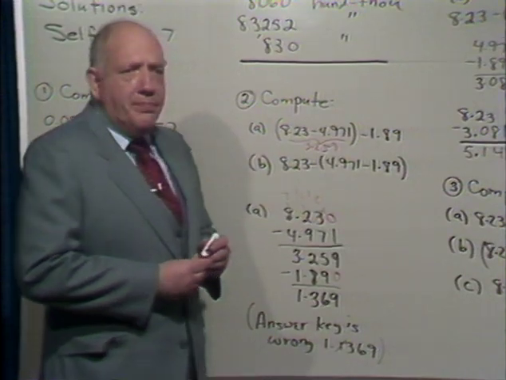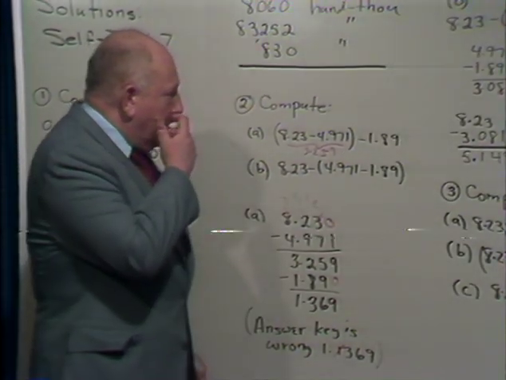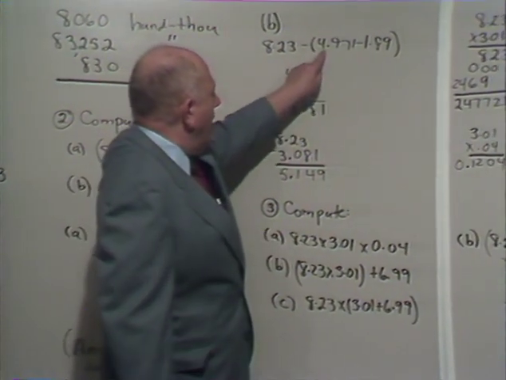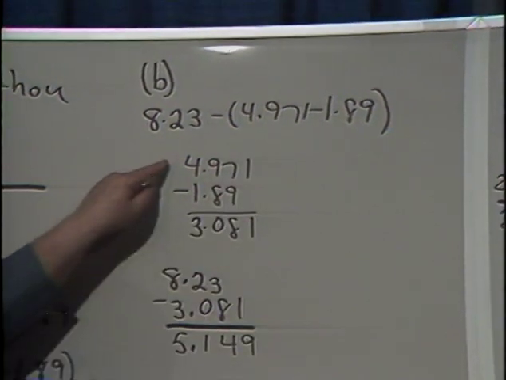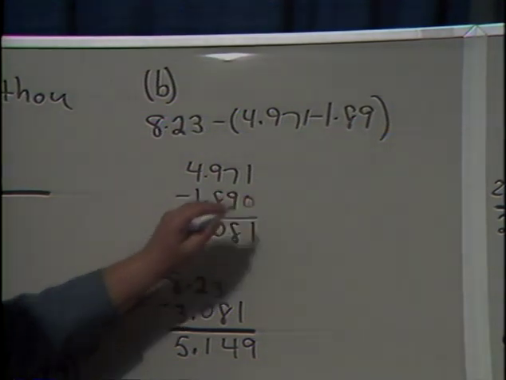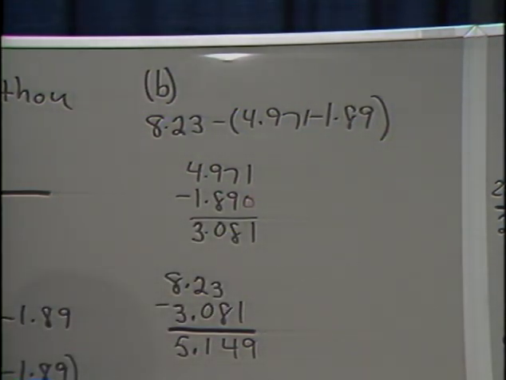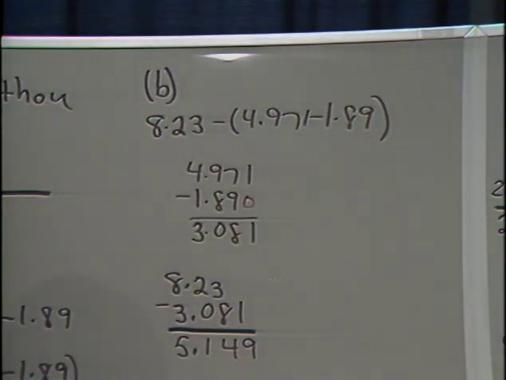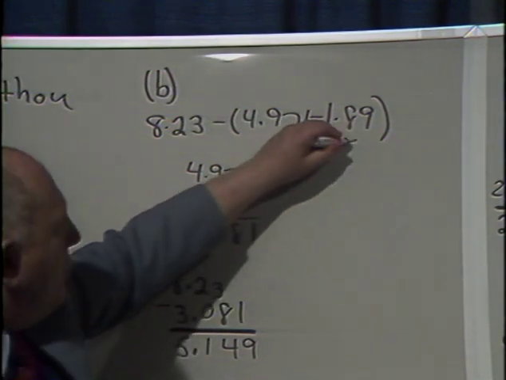Okay? And part B is exactly the same kind of problem, only the order of subtraction is different. This time, we're going to start with the 4.971 and subtract the 1.89. And again, you may or may not wish to put the 0 in here. You don't have to, because it's already serving there as a placeholder. Taking nothing from 1 is the same as bringing the 1 down, so there's no problem that way. At any rate, if you do that subtraction, you wind up with